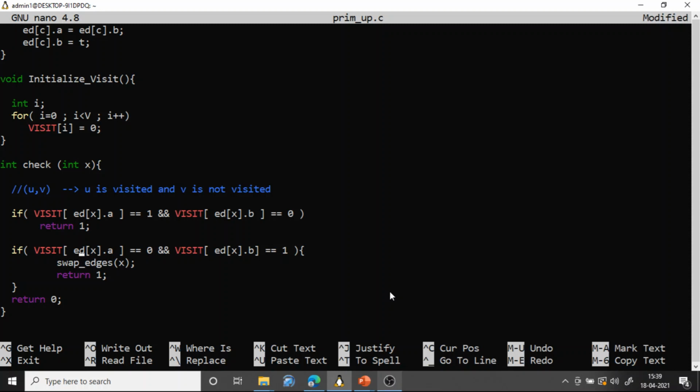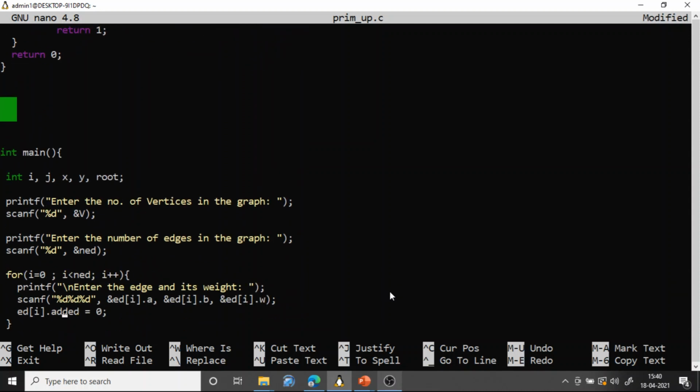We make the ending vertex the starting one and the starting one the ending one. We swap the edge and then we return 1. Okay. Otherwise, if both of these conditions were not satisfied, then we return 0. That means for this particular edge, both the vertices were either visited or both were not visited. Okay, only in that case it will fail.